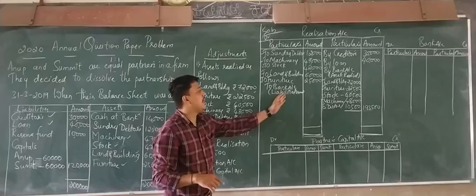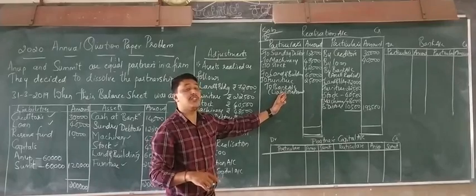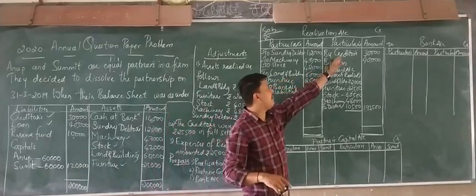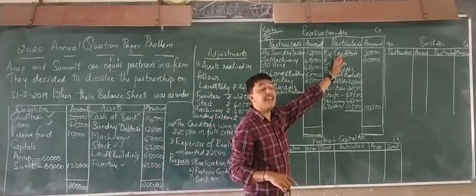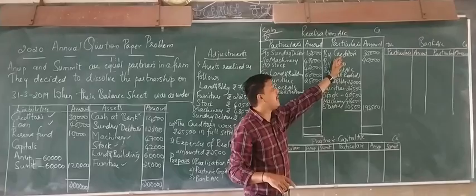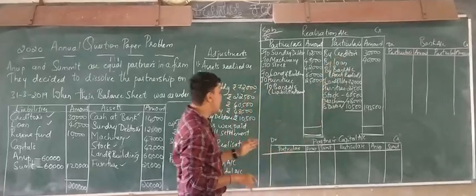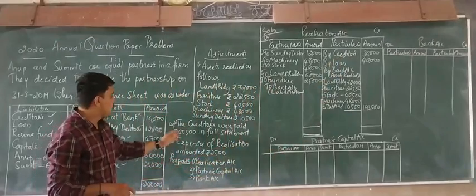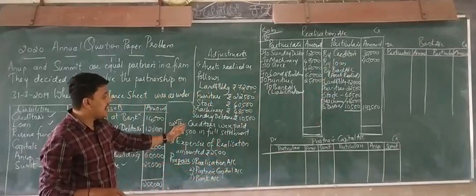Similarly, assets realized you have written. Then you have to find out the liabilities assumed. What are the outside liabilities? You have gone through that. If any adjustments are there relating to that particular liability, you just need to adjust that. So just see the second adjustment. The creditors were paid